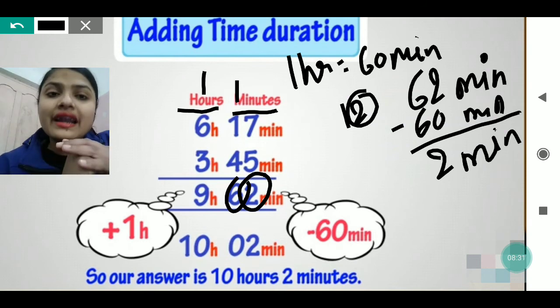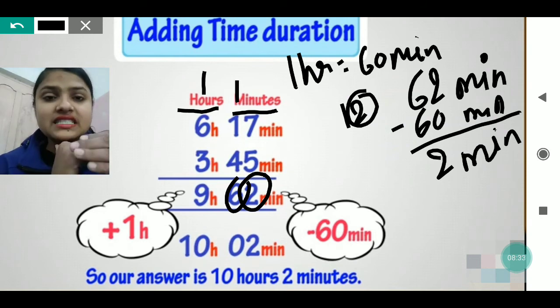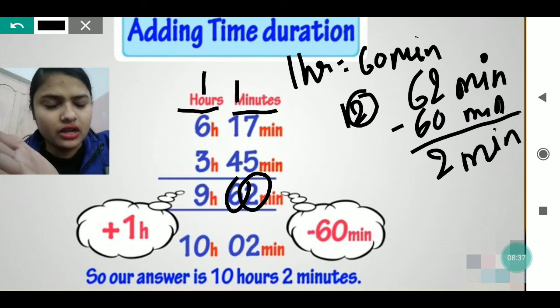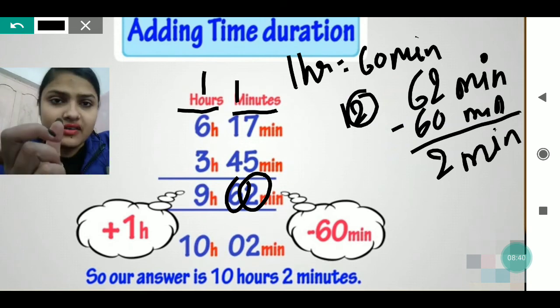So if we are getting more than 60 minutes in the minute column, then we used to convert it into the hour column, and then we used to add it into the hour column. Okay,